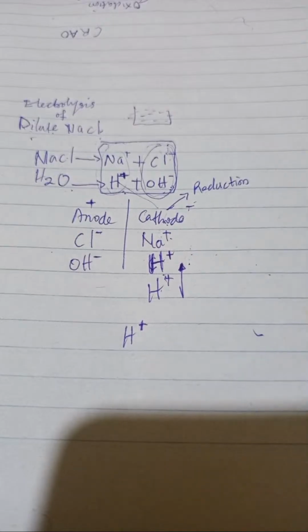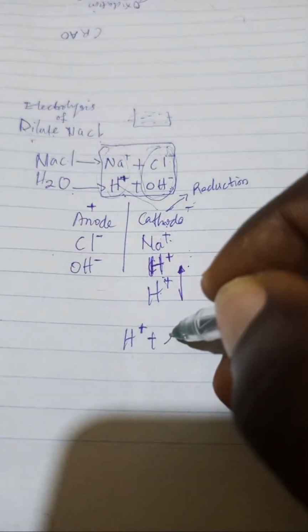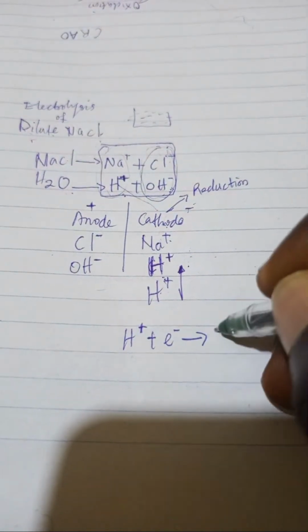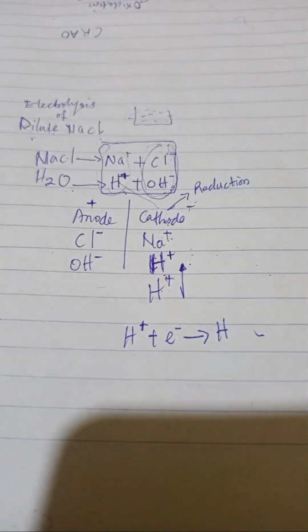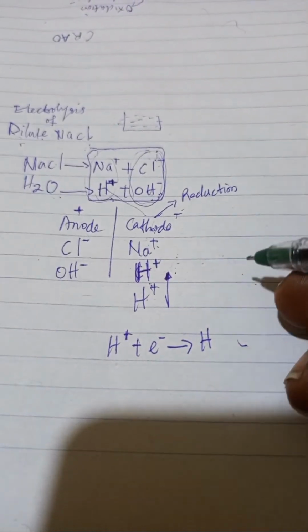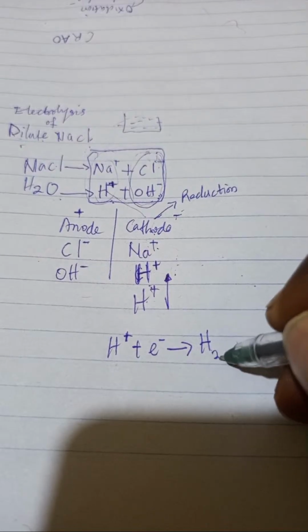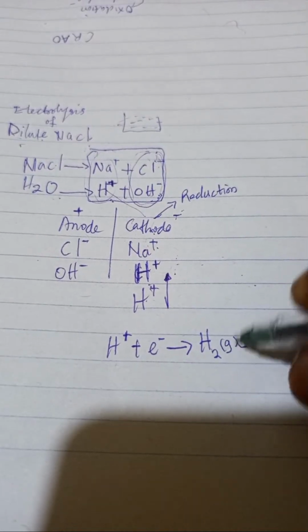Okay, give it one electron. Then you're going to have H gas. Now, hydrogen is diatomic, so you put H2 here. Then just put another 2 in front of this place. This is the